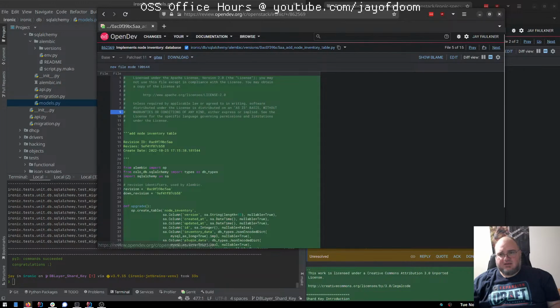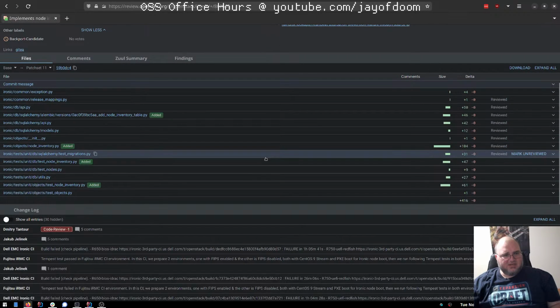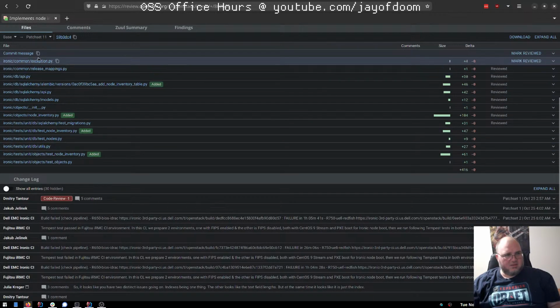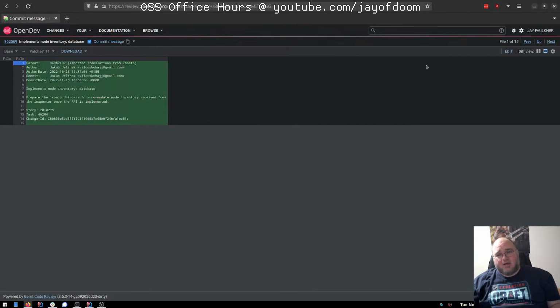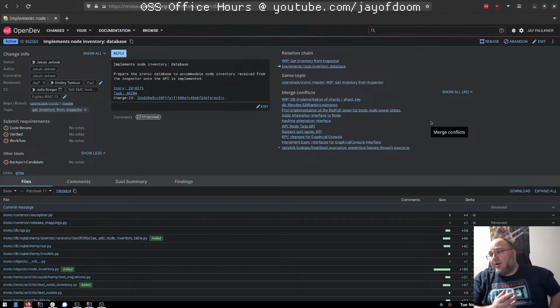All right, so again, I'm going to use Jacob's example to make sure I've got everything. Now, one big difference is that I'm pretty sure for the purposes of his example, the node inventory table will at some point need to get passed back to a conductor. Oh no, the shards table is going to need that too, because that's going to need to be scaffolding that's there for the purposes of the